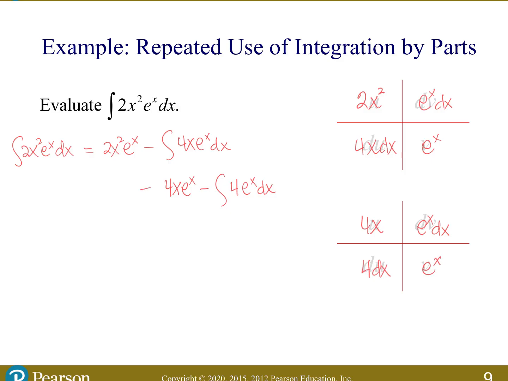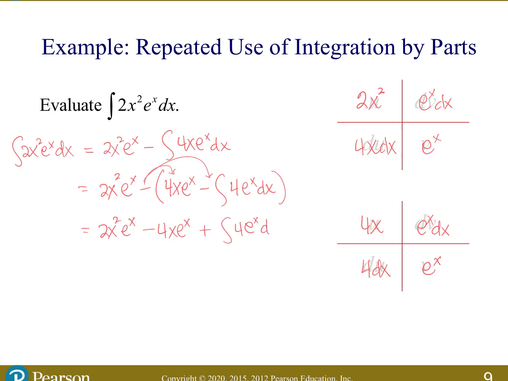So this subtraction affects all of that. So I still have my 2x squared e to the x, but I have a subtraction that impacts all of it, and the subtraction is going to get distributed. So I will have 2x squared e to the x minus 4x e to the x, but plus integral 4 e to the x